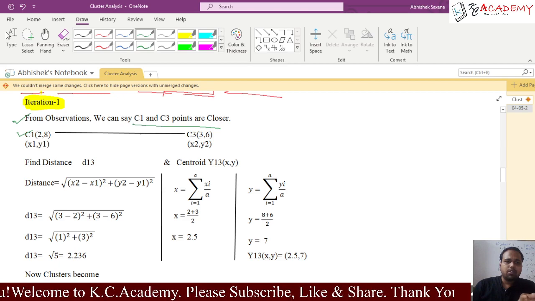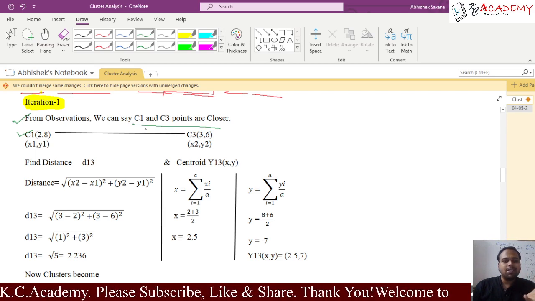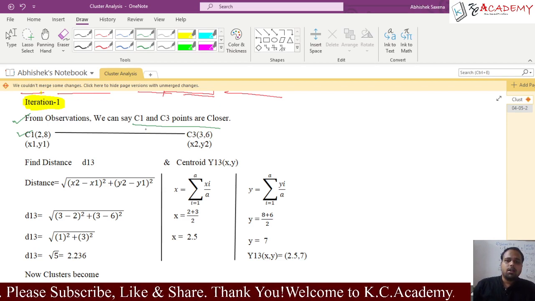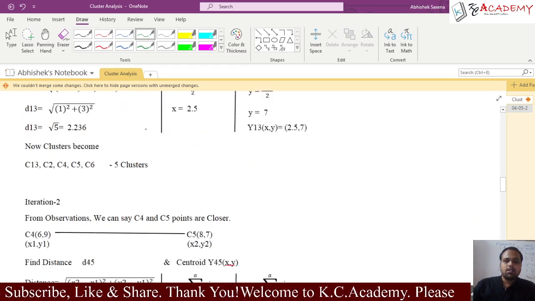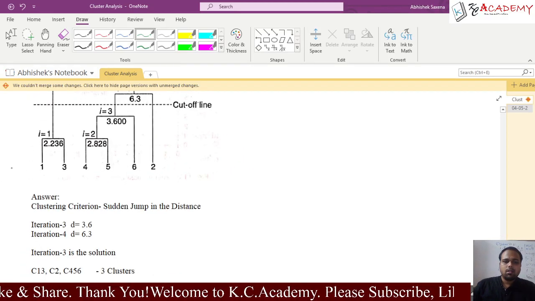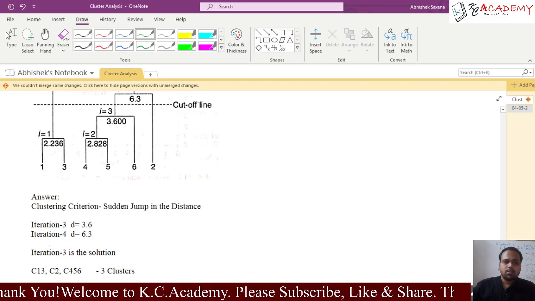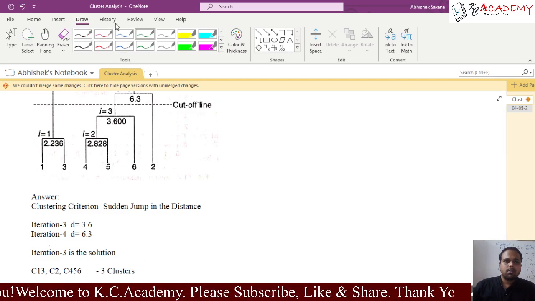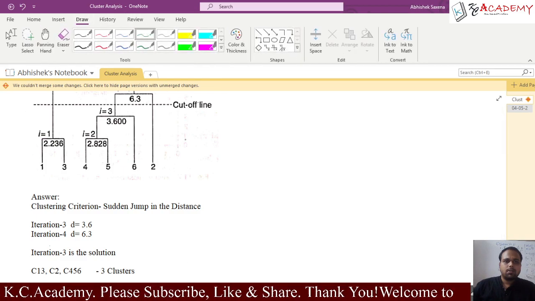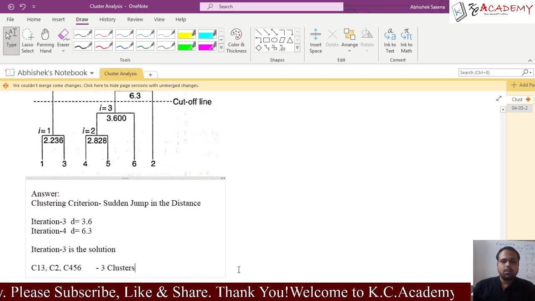Had you understood what I want to say? And one more thing here, we have to solve by finding the distance between the points, distance and centroid. I will explain that distance and centroid in a different way, maybe near the ending. Okay, so what is distance and centroid, right?